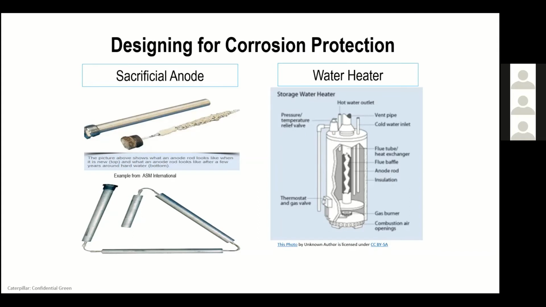What they do is create a sacrificial anode. As we mentioned, corrosion occurs at the anode. This is where you can use a galvanic technique to protect the thing that you want. By making the anode and replacing the anode, you can extend the life of your water heater. Obviously, you want to use a professional, or make sure that you understand all the risks involved if you replace this sacrificial anode rod, but most water heaters will have